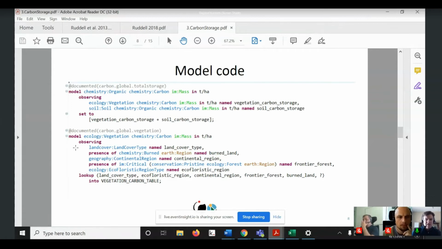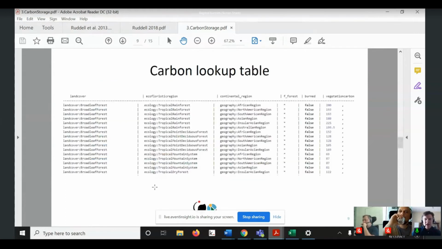This second chunk of model code is the code for that carbon storage lookup table, and it's simply saying we have a list of 5 inputs here: land cover, burned land, continental region, frontier forest, and ecofloristic region. We simply query this giant lookup table and return the value from that. And so again, here's another quick look at a very small piece of that very large lookup table.